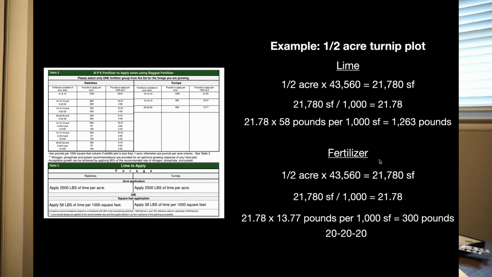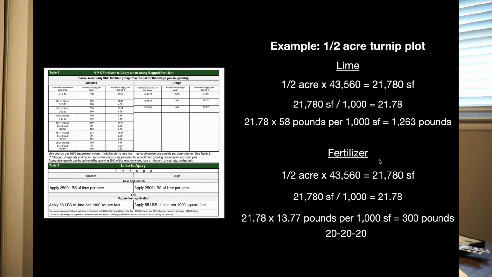If you're over an acre, you're going to look at that pounds per acre. So just for an example, I used a half-acre food plot, and to convert to square feet, you're going to multiply by 43,560 square feet to an acre, which would give you 21,780 square feet. So to calculate pounds per 1,000 square feet, you're going to then need to divide that by 1,000, which gives you a factor of